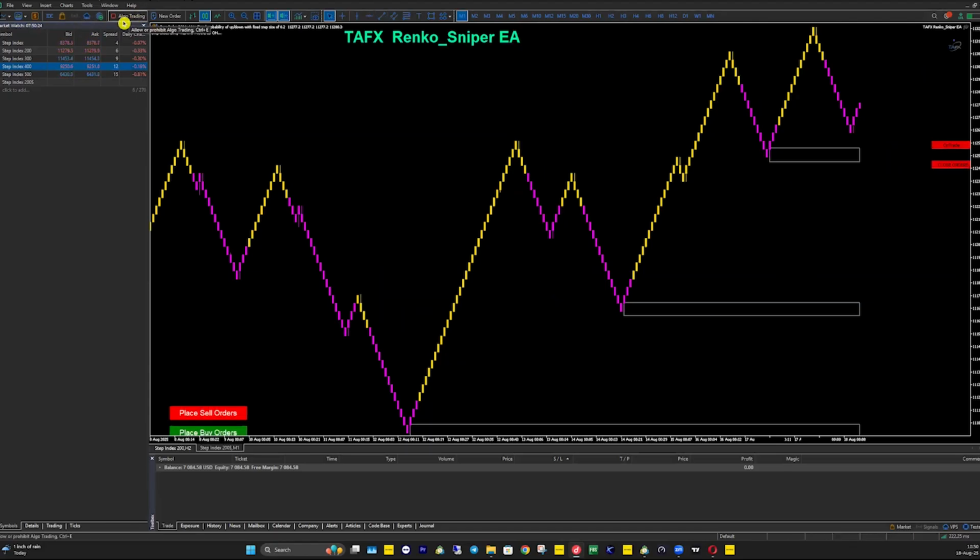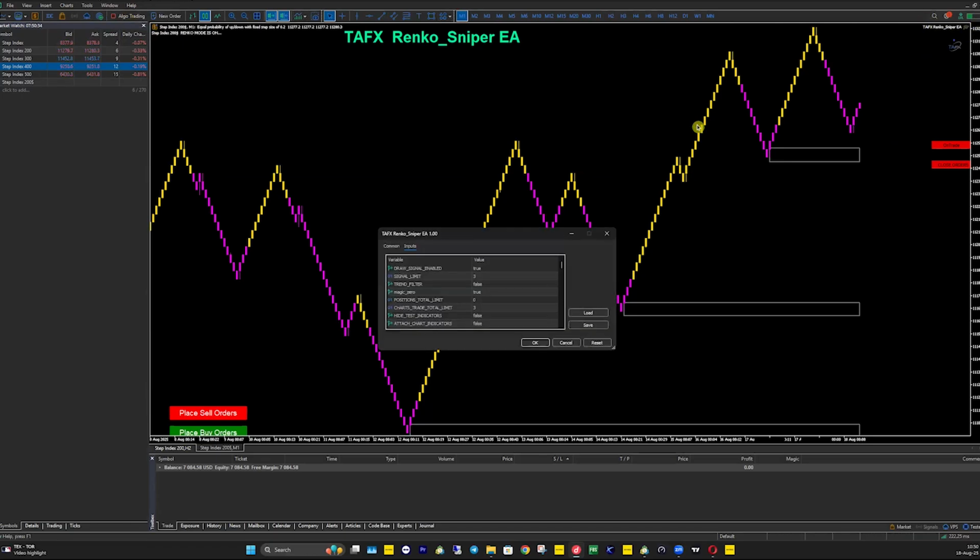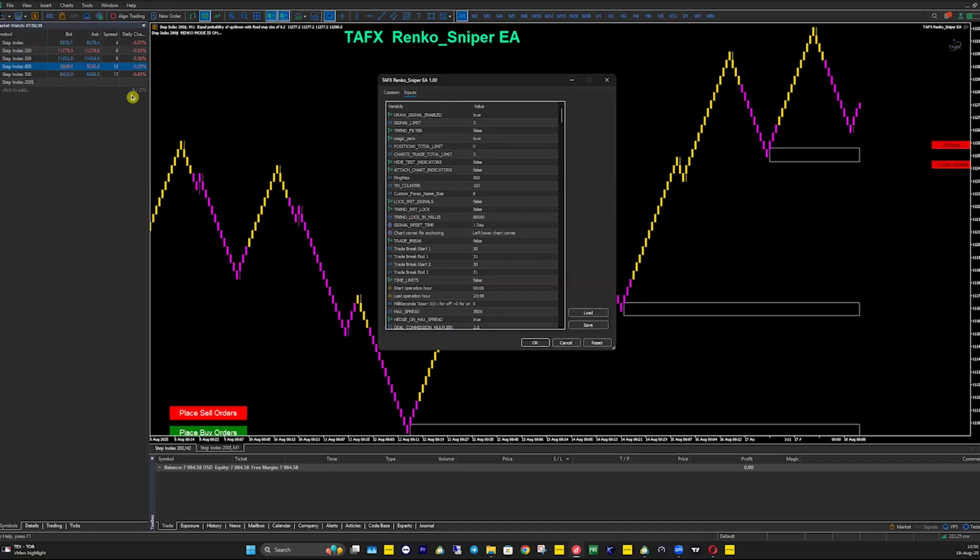Then make sure you pause every time you want to make changes on your EA. Always remember to pause. Second thing, go to this corner here and double click that EA so that we can set the spread. And now the first template, we want to set the spread of these 2